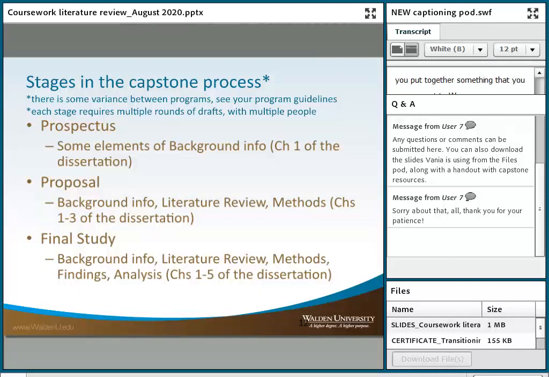There's also the proposal stage. The proposal stage, if you're writing a dissertation, is the background info, the literature review, and the methods. So whether that's chapters 1, 2, and 3 of the dissertation, or sometimes sections 1 and 2 of a doctoral study, it just depends on your program. But the proposal stage is where you are putting together something that you can present to your committee, to Walden, and to the IRB to say, I have thought through everything to